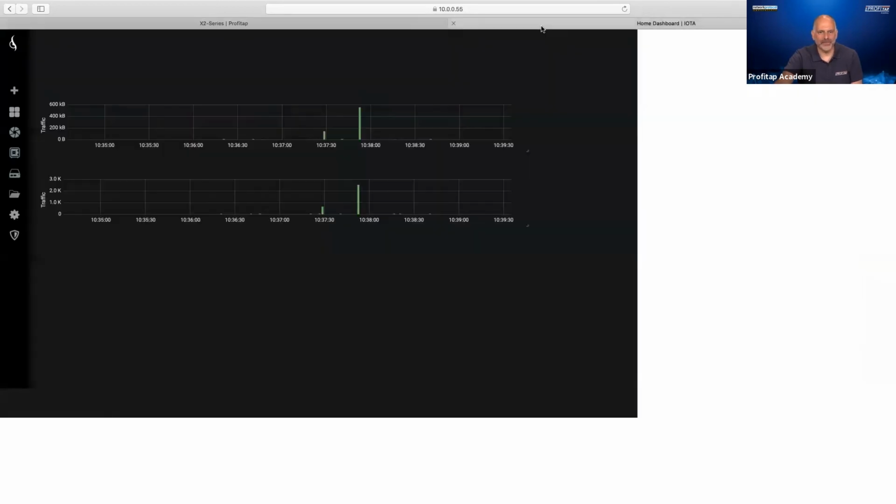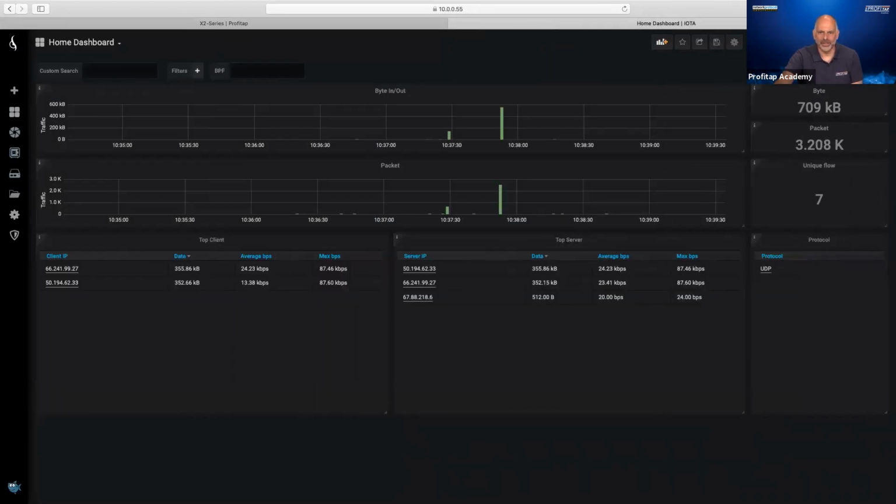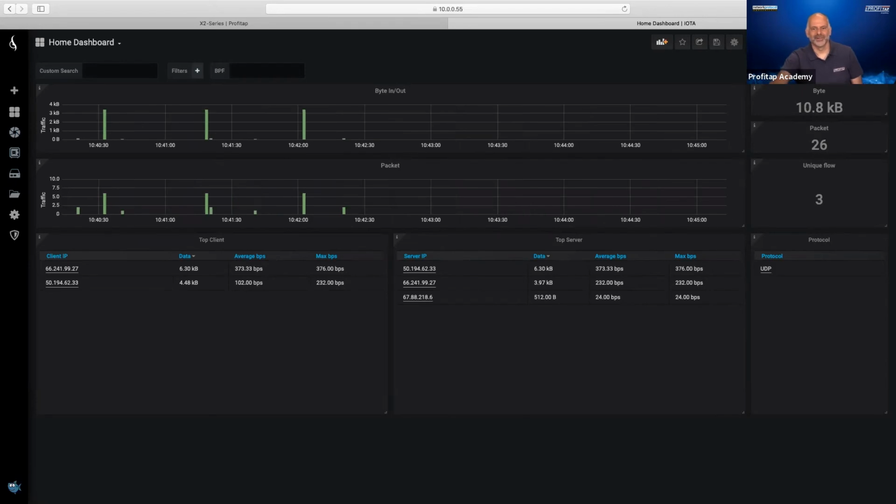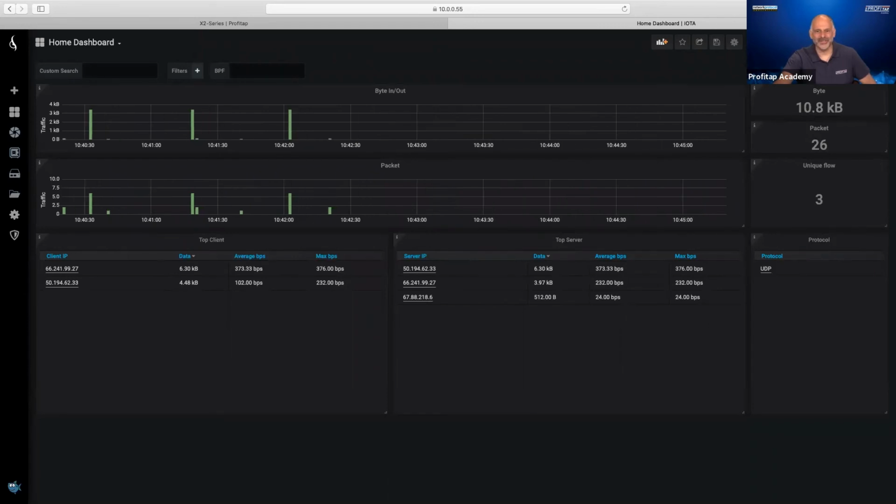So now if I come back over here to my IOTA and I hit refresh, we're going to start seeing more traffic coming through, I hope, in just a second. Now, this is a live demo, and we never know with live demos whether everything's going to work exactly like we want. And because it takes just a second for that to kick in there,